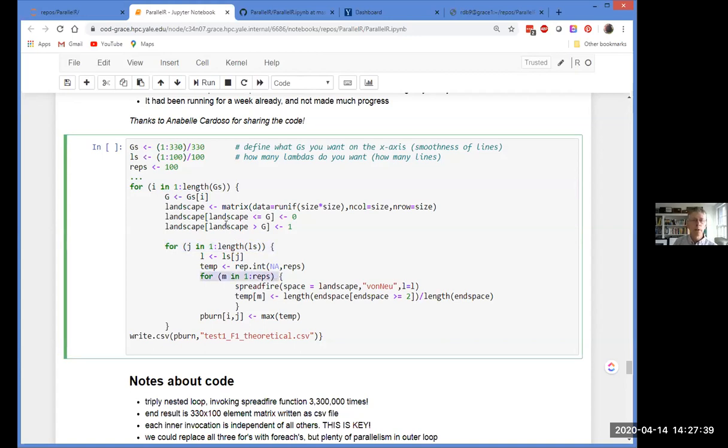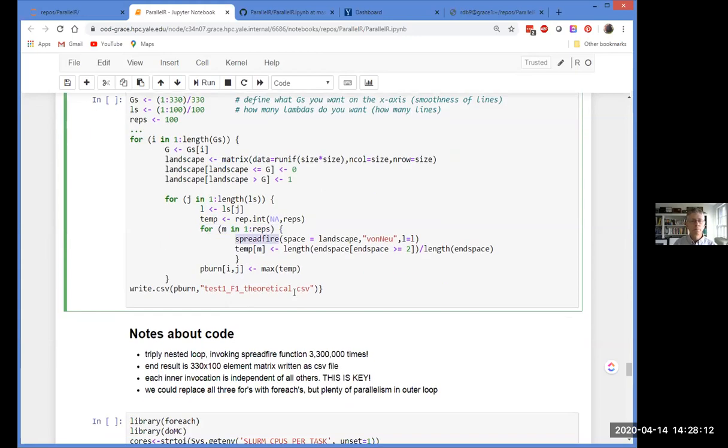She wants to compute a matrix of results over G times L, and for each of those entries, there's a randomization process that wants to be repeated 100 times. And the real work here is being done in this spreadfire function, which is defined elsewhere.